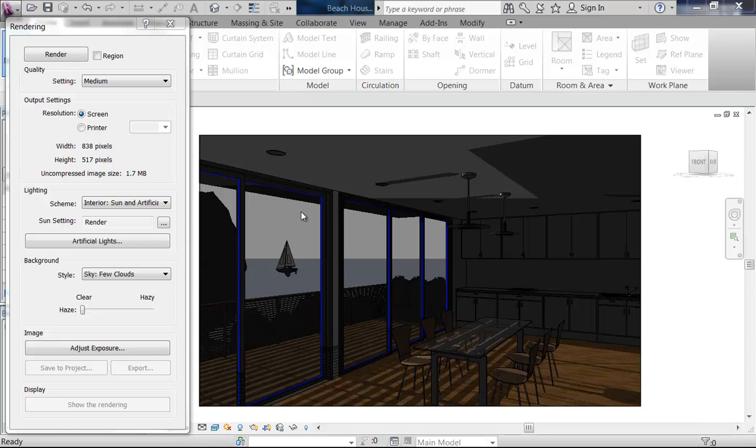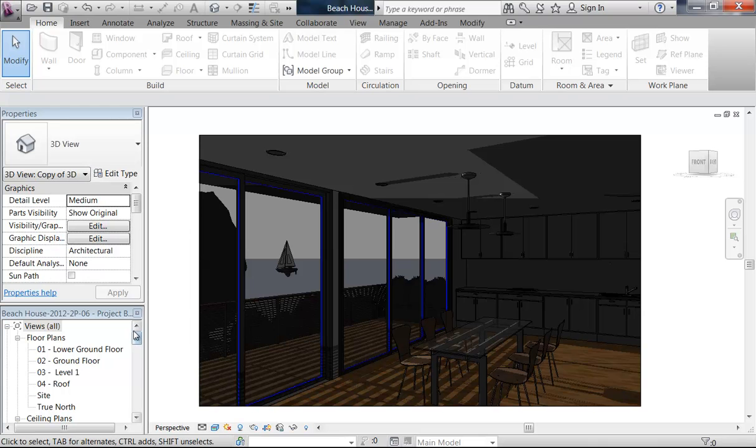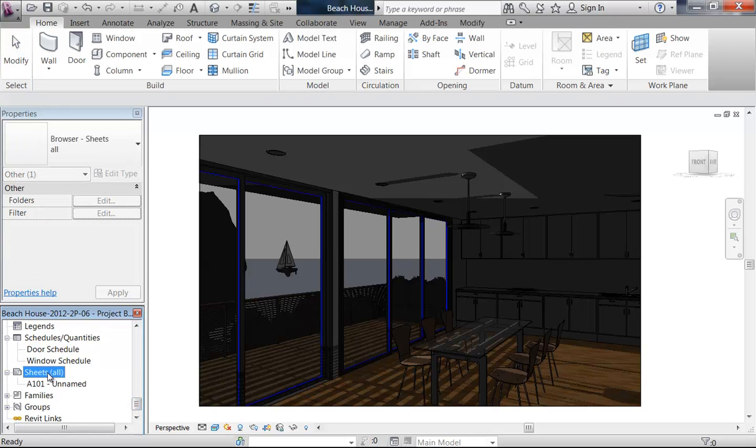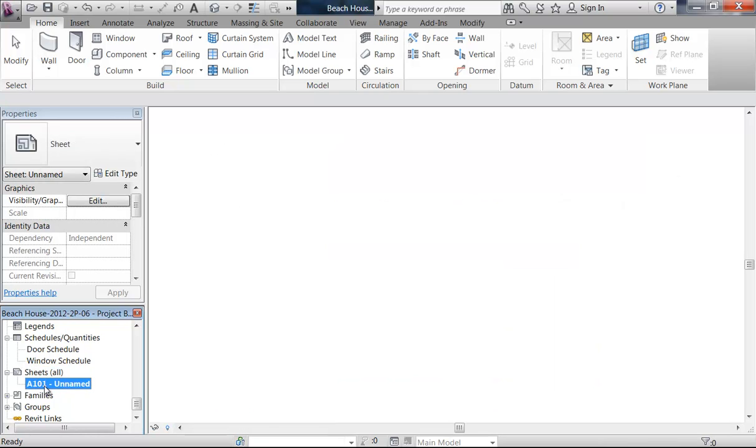Okay, so I'm going to set up the sheets with some different views. You can see how I've got a perspective view open. I'll just close that rendering dialog, and I also want to put the plan sections elevations onto sheets as well. So at the moment, under sheets in the project browser, I've just got one sheet there, and double clicking